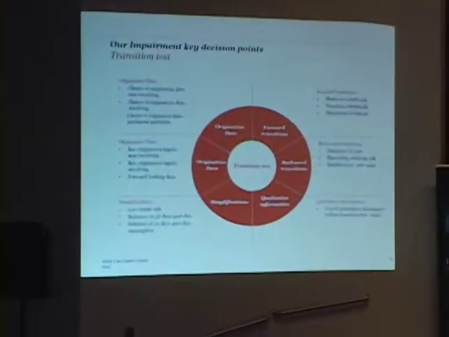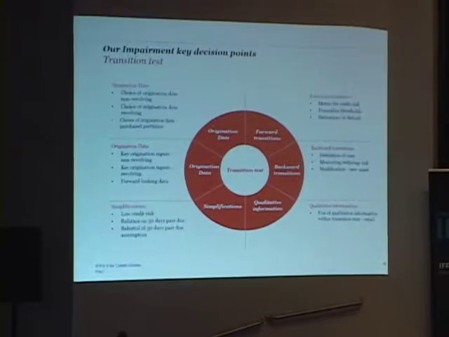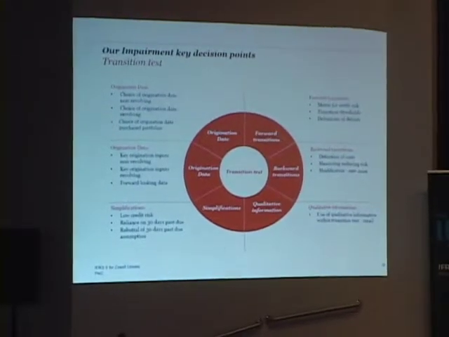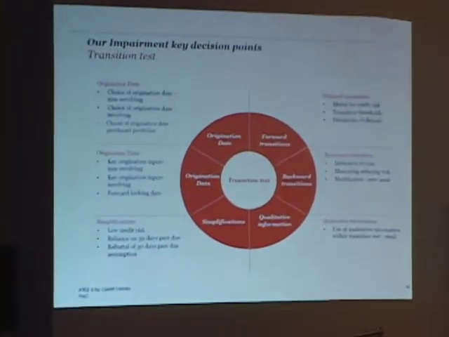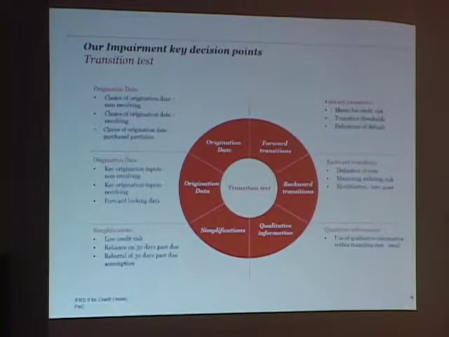Some of the things to think about in terms of data relate to the internal information you have. So, questions credit unions should be asking themselves: Do I have a record of the origination date of the loan? Do I know when the loan was granted? The loan is on my books now, I know the maturity date, but do I know when that loan came on? Was it 5 years ago? Was it 10 years ago?